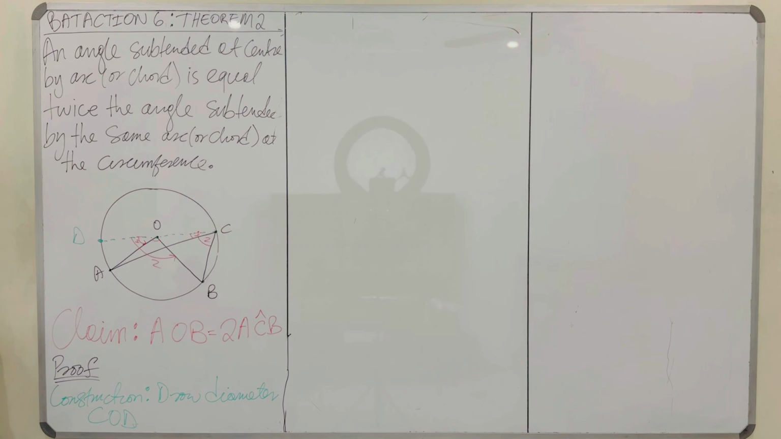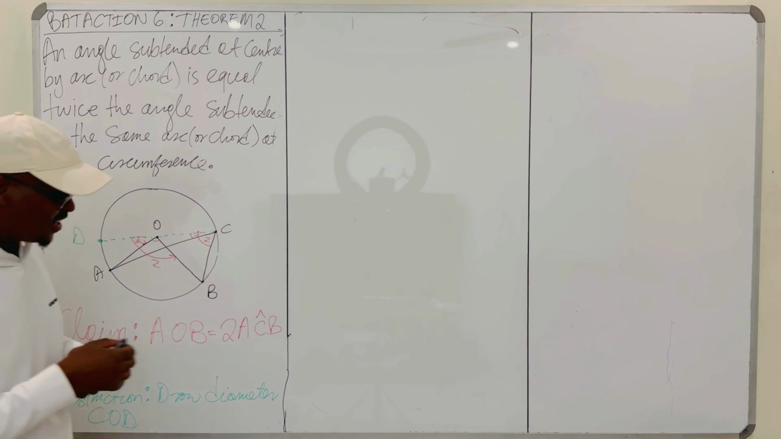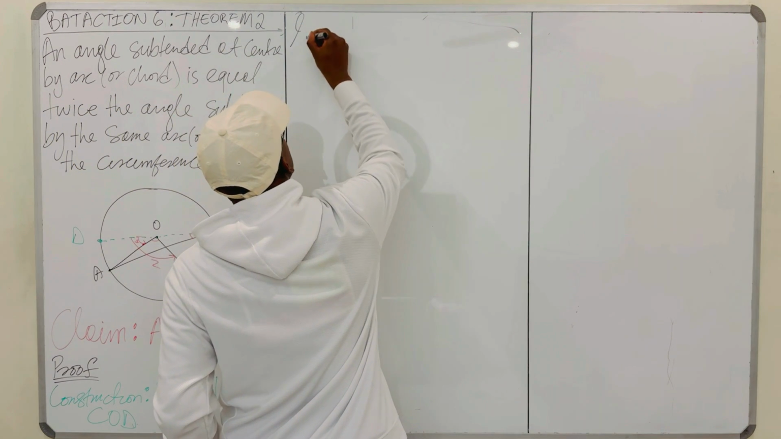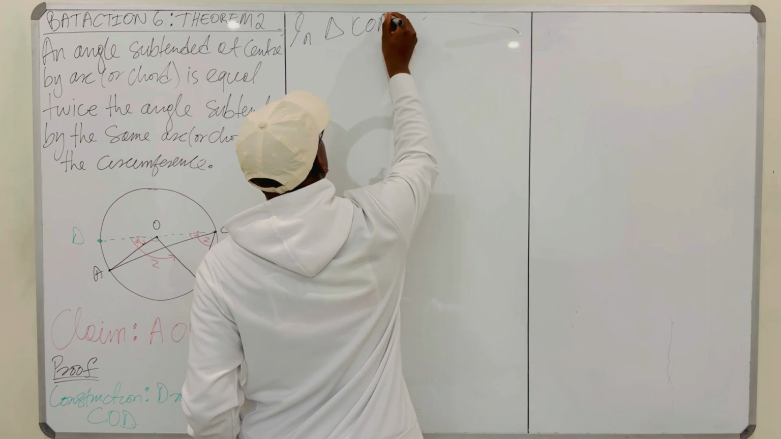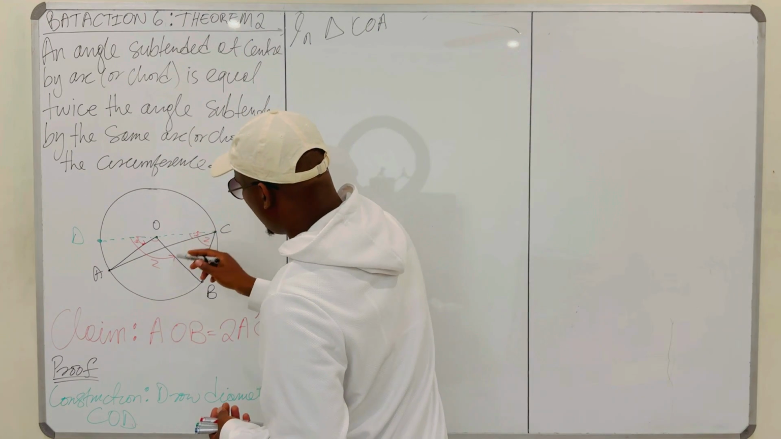Now, let's go to our triangles. We're going to do the same thing. I'm going to start with triangle number 1, the small one, COA. In triangle COA, what do we say? Compared to the sides, again, OA